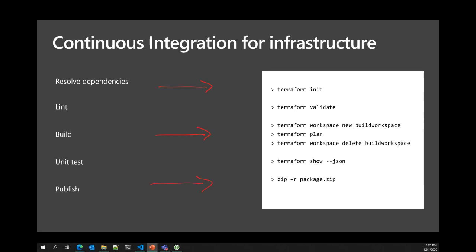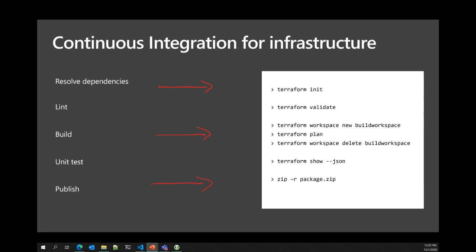So Terraform has a handful of commands that map effectively to our SDLC process, our software development lifecycle. The first of these is Terraform Init. This is the first command that you're going to run within a Terraform workspace.